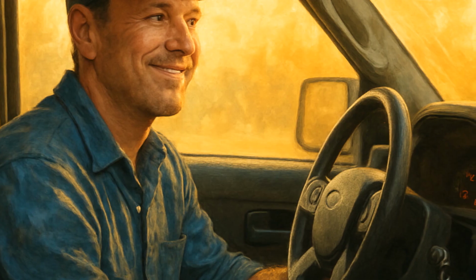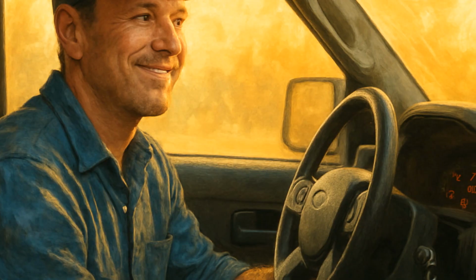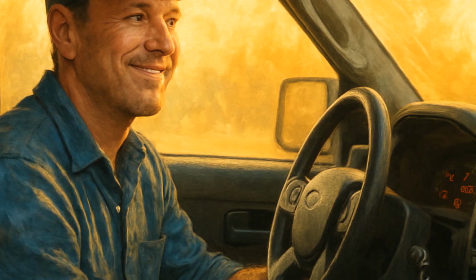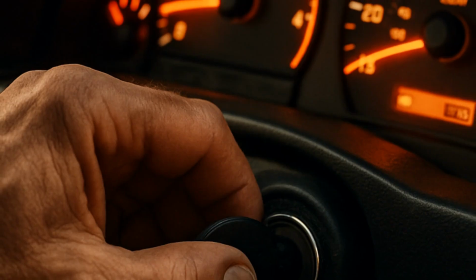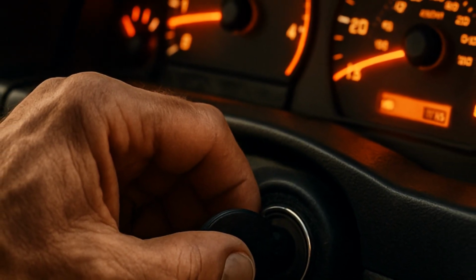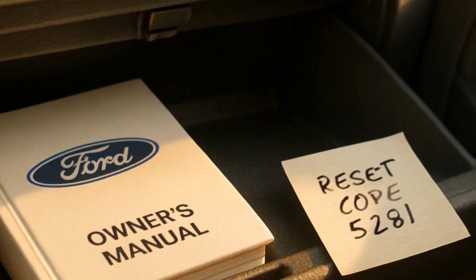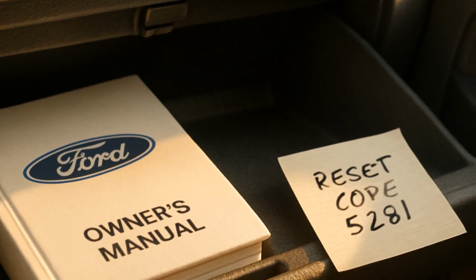But usually by the 3rd go-around, the PAT system has had enough. The theft light turns off for good. Now's the moment. Key in, turn to start. If it cranks and fires up, you just saved yourself the embarrassment of explaining to a tow guy why your truck's not actually broken. Pro tip, write this reset down, glove box storage, because it works across a ton of